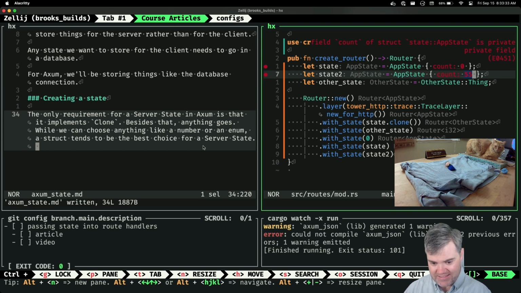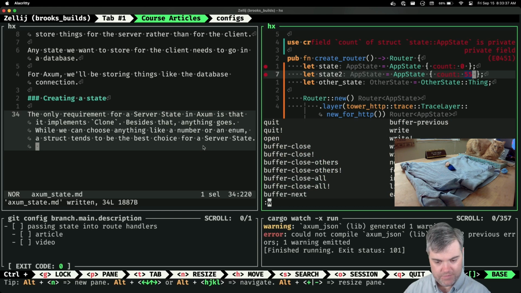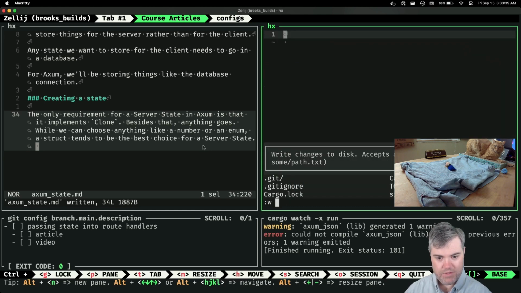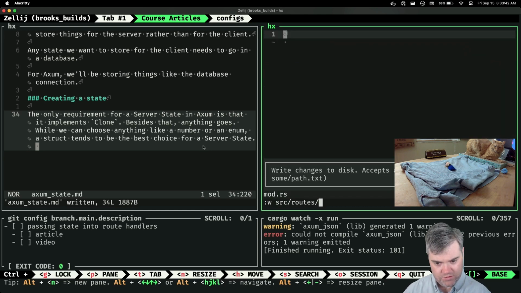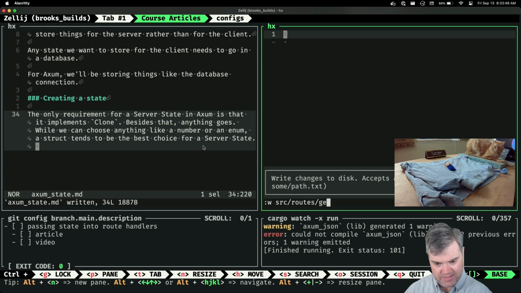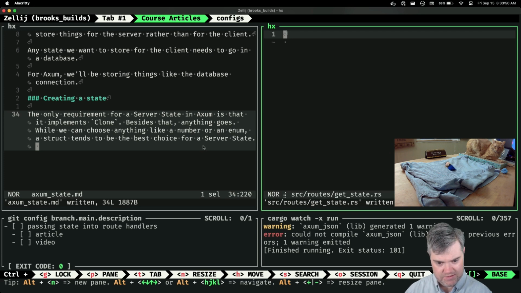So now let's do something about that. I want source, routes, get state.